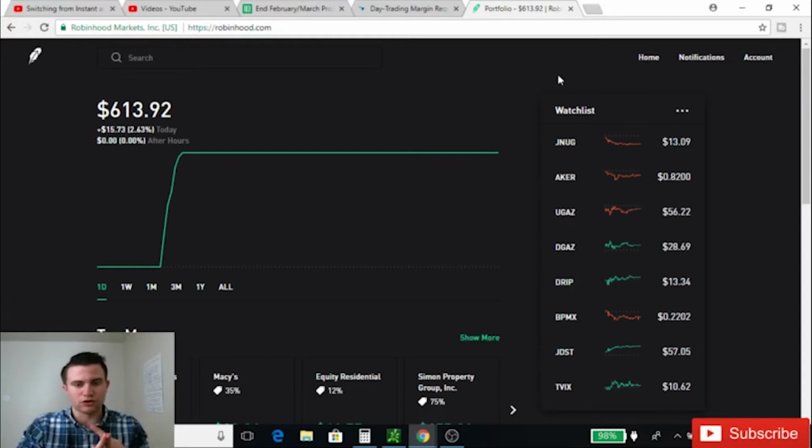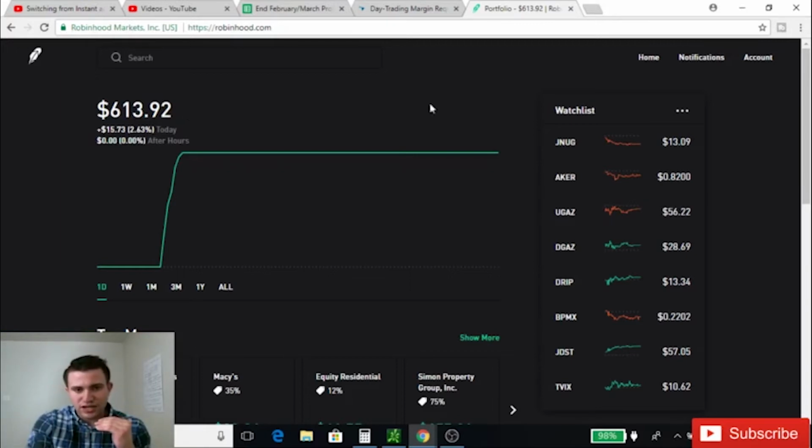I'm for sure not doing Robinhood Instant, because with Instant it's a margin account, and with margin accounts you have to have that $25,000 minimum threshold. You have to have at least $25,000 in your account, period. Or else if you start day trading, you'll get flagged as a day trader, and they'll limit your account essentially, and you don't want that.